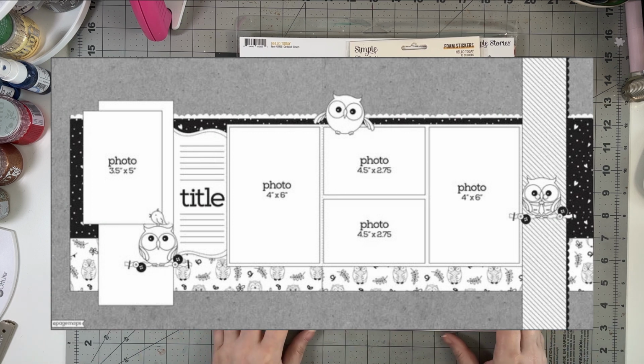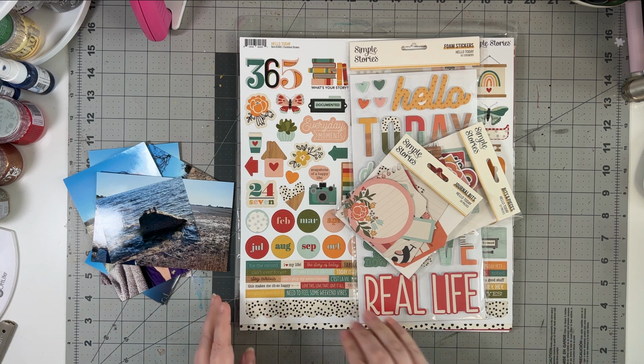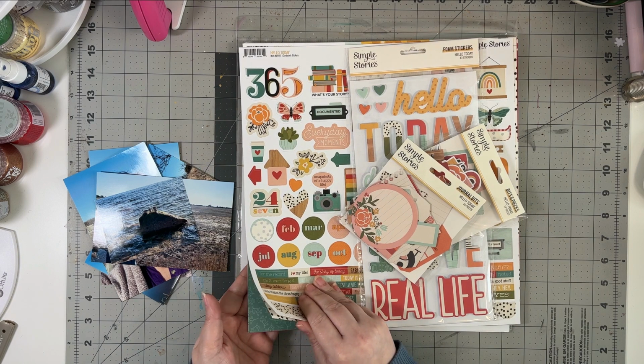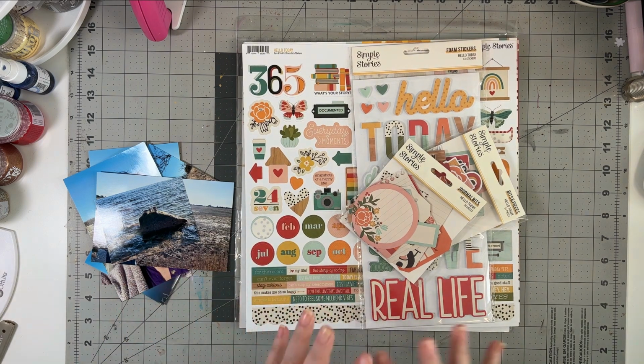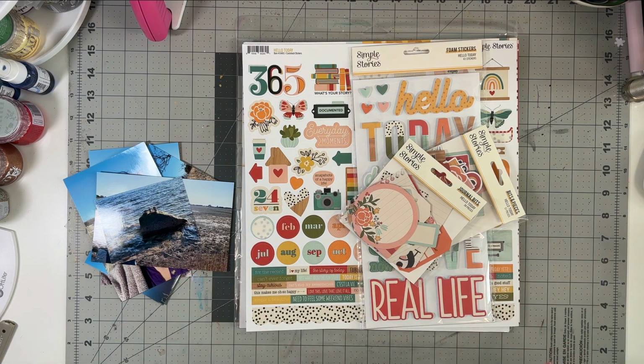Now, I'm working with Simple Stories Hello today, which is not very old. It is from 2020, but I actually have a ton of this. I have the collection pack plus separate pieces, and then I have the quarantine portion that they released, but this actually is from before quarantine, so I'm not going to be using it. But anyway, I'm just going to put you guys on fast forward, and before I do,